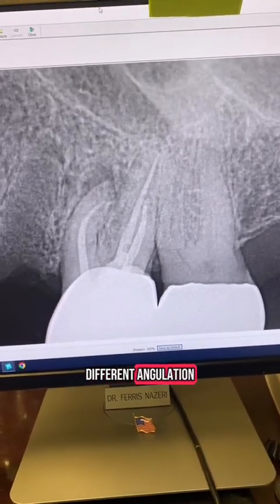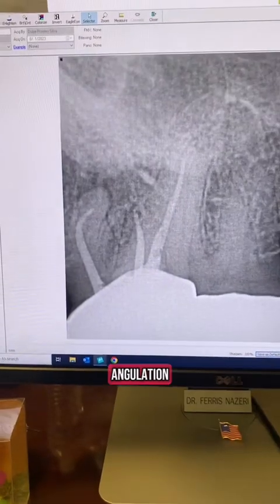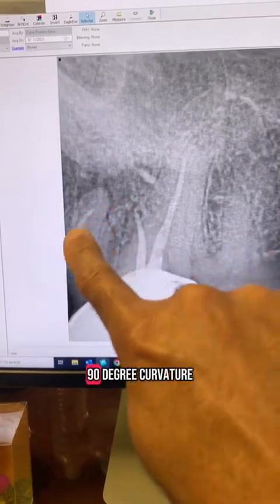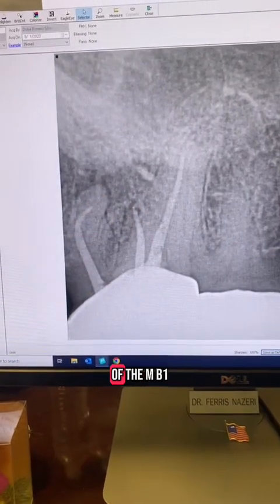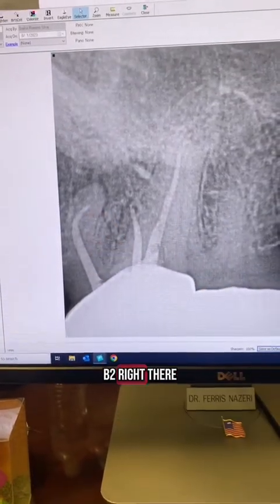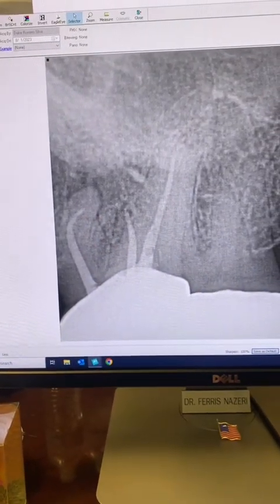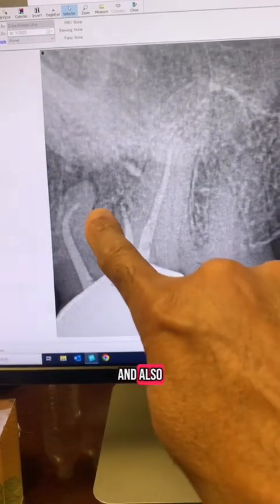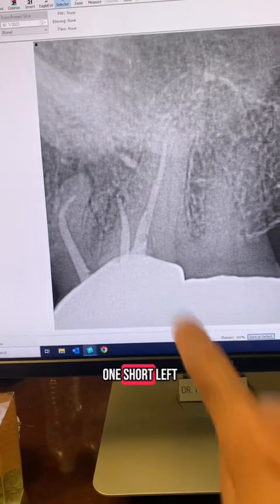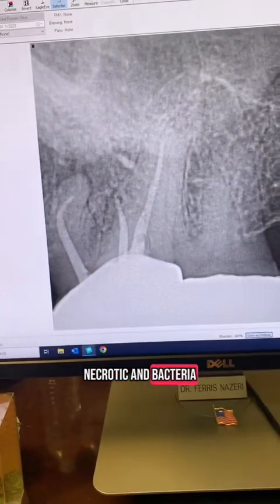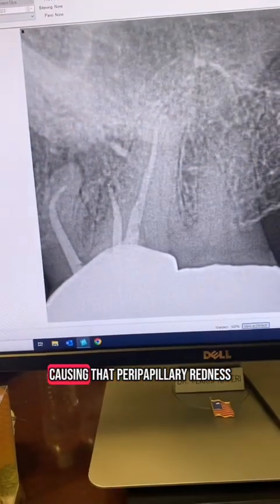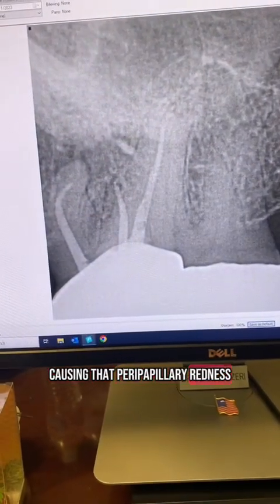Okay, let me show you a different angulation PA. Check out this angulation. Look at that 90-degree curvature of the MB1, and of course you can see the missed MB2 right there. So this dentist who did the root canal missed the canal, and also of course instrumented and obturated the MB1 short. Left necrotic tissue and bacteria behind, and that's what's causing that periapical radiolucency, that lesion there,